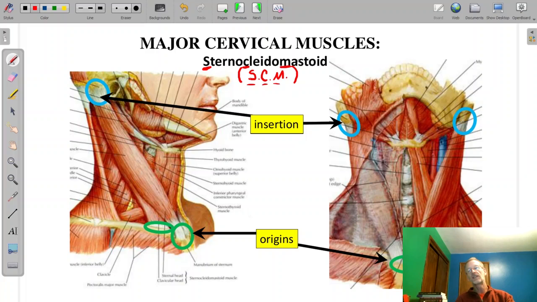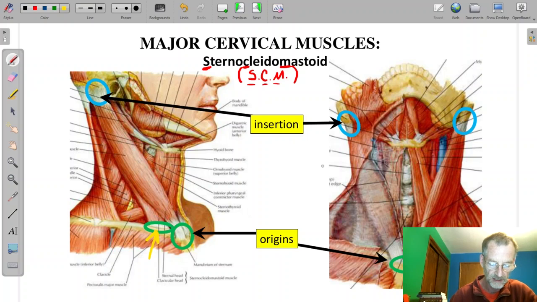So there's everything you need to know about the muscle as far as where it is and its origins and insertions. Tells you that it attaches to the sternum, cleido for clavicle, mastoid for mastoid process. So these are muscles of the neck. The prominent muscle originating medially on the manubrium of the sternum and the clavicle. So it's sternoclavicular, sternocleido. Sort of the medial extremity of the clavicle